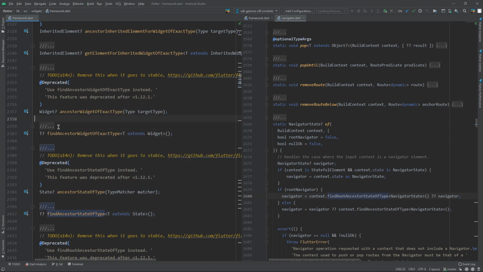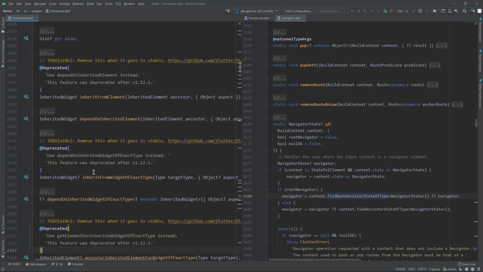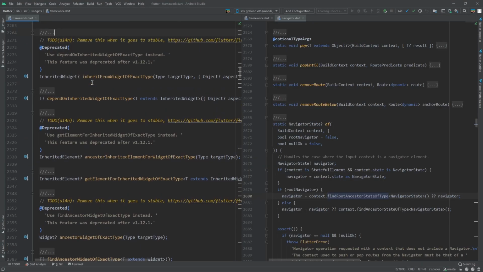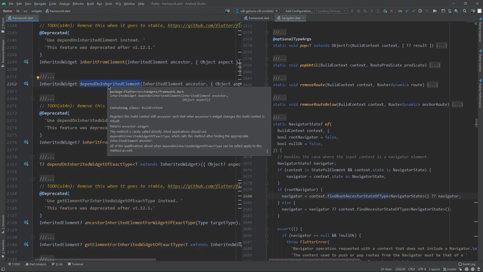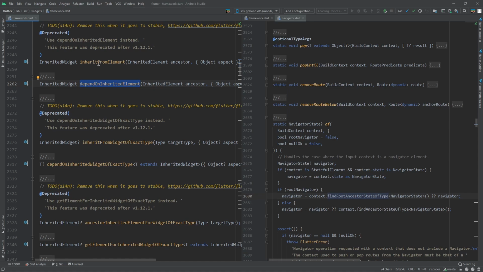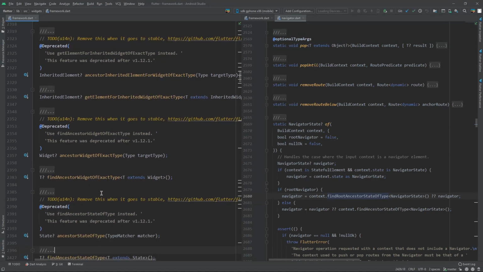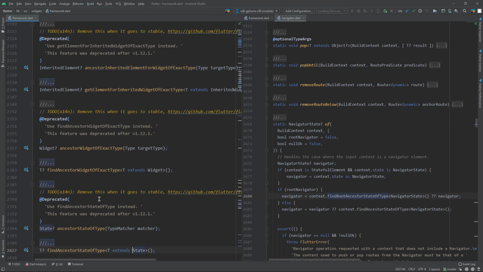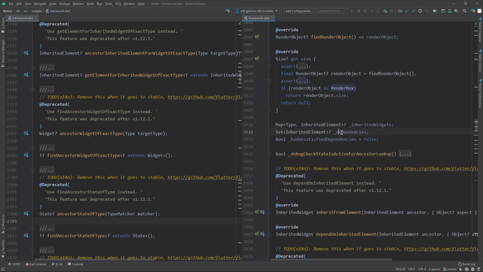Obviously, if you look into provider, you will see it. But what you would do with inherited widgets, you would actually call these on the context. Like depend on inherited widget of exact type, for example. These are really common. It's all the same pattern, right? Inherit from element, depend on inherited element. These ones you wouldn't use in the widget tree because you would not access elements directly. You would use these ones or the ancestor state ones. Ancestor state is actually something that is probably still used a lot because it's pretty useful. Still, even if you have an abstraction like provider, ancestor state is just so direct that I think it's still used a lot manually. If we take a look into the implementations of these,